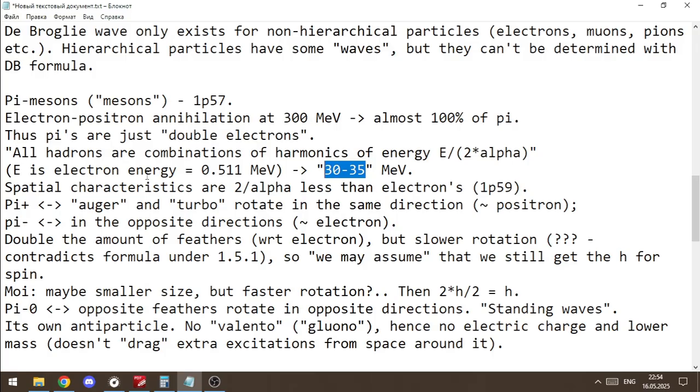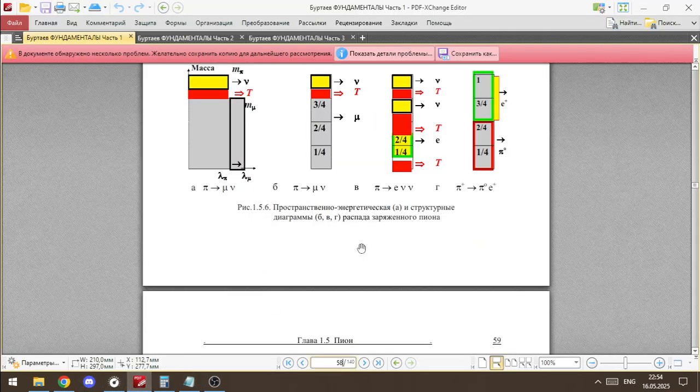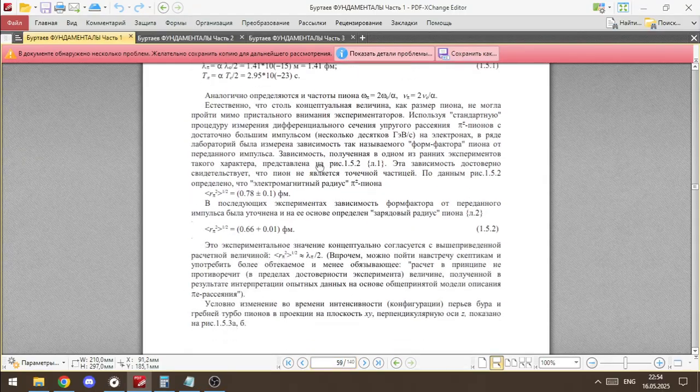Long story short, okay? So all the spatial characteristics of a pion are 2 divided by alpha smaller than the electron's. So here we calculate the wavelength, the period,